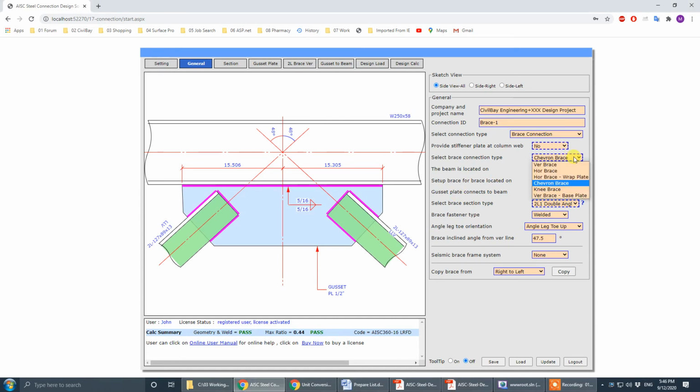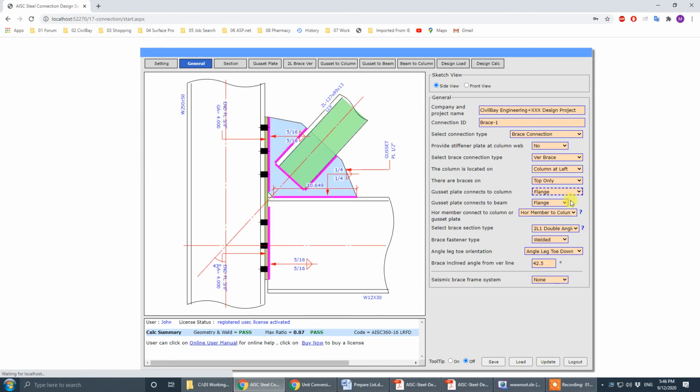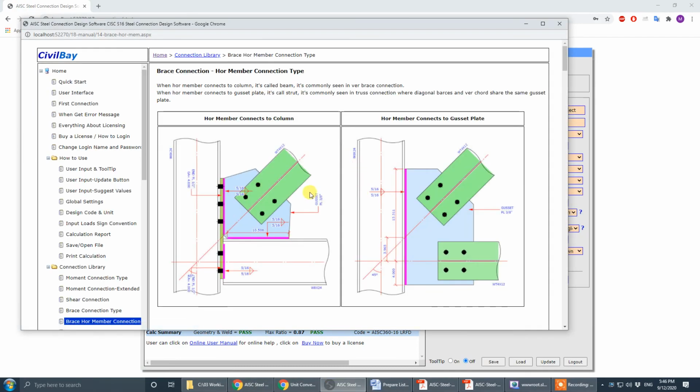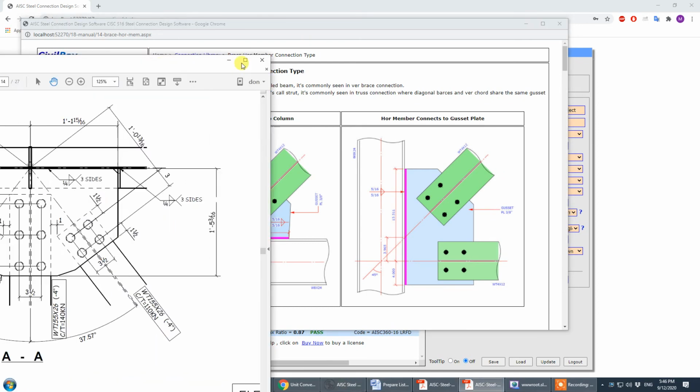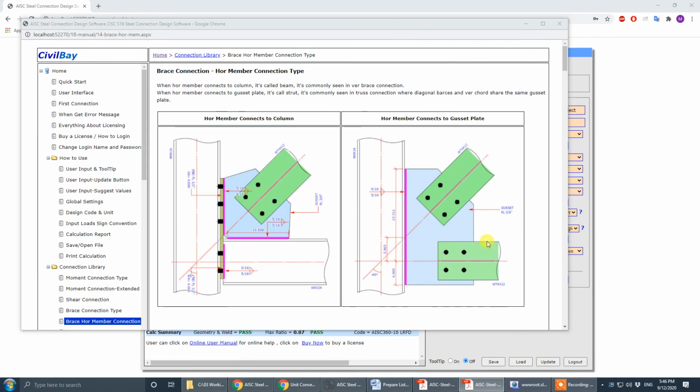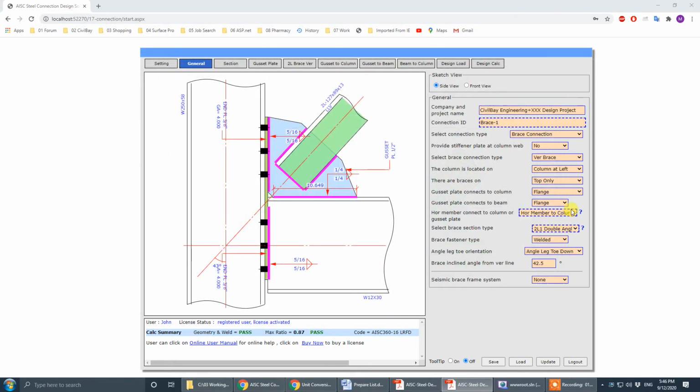Go to vertical brace. Okay, so see this one. So now for our case, see the middle one is a WT. For our case, it's more like this. Horizontal member connect to gusset plate. It's not like this, horizontal member connect to column. There's no such case. It's this one. Horizontal member connect to gusset plate. Okay. So we choose this one, to gusset plate,